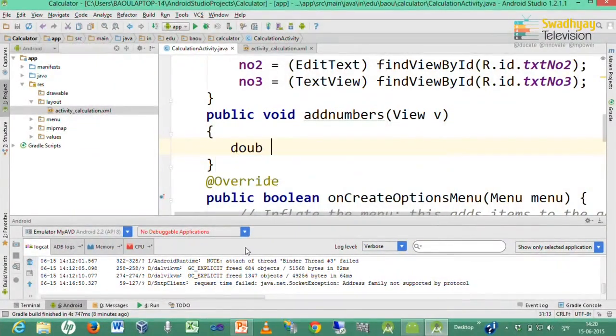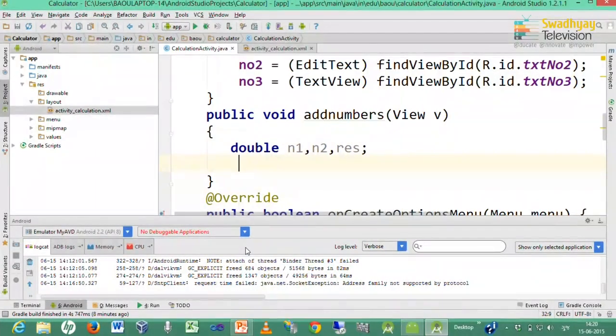Here I write two double variables n1 and n2 that represent the numbers entered by the user.